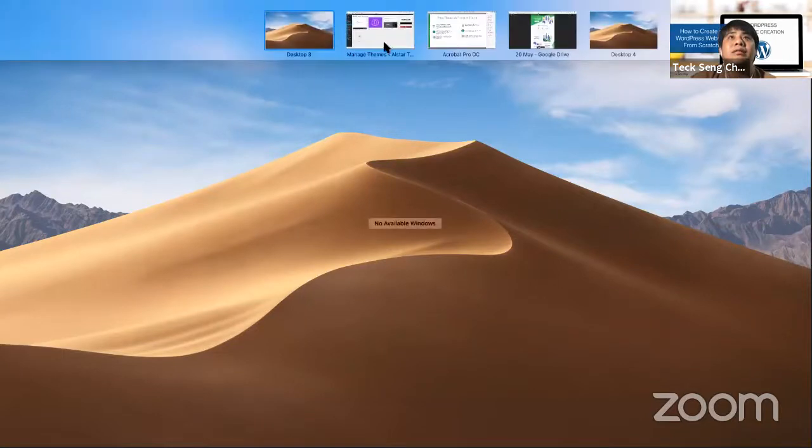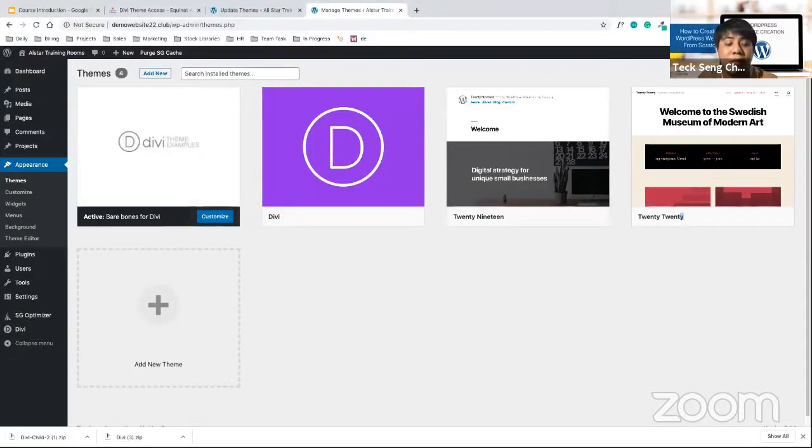Now the next thing I will be teaching you is what we call plugins. Now themes is for design, whatever design you have. Plugins are more for extension of the websites. There is always a reason why you need to install new plugins. If you want to have new functions on your website, you need to install new plugins. For example, if you want to collect payment, you will need to install an e-commerce plugin, which we will be doing in this course also.